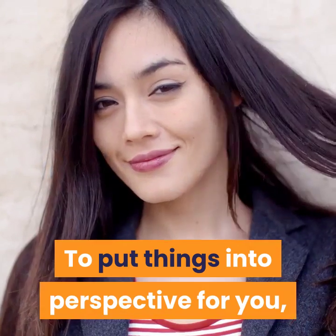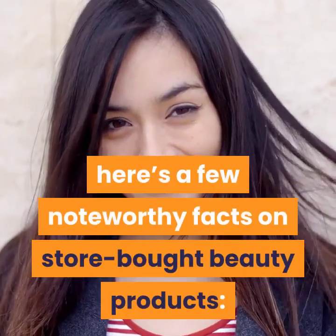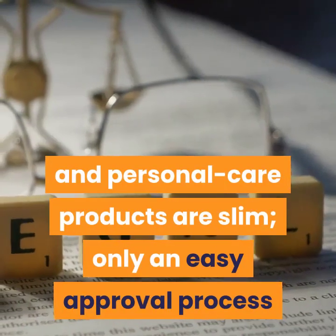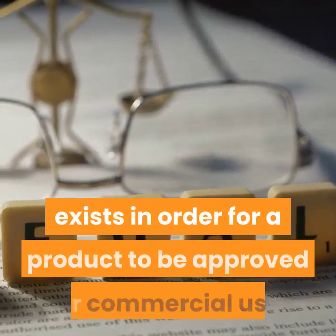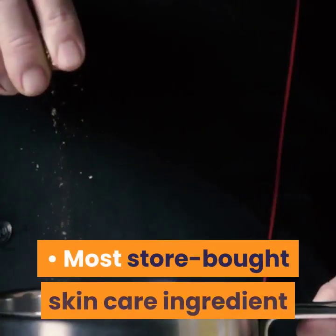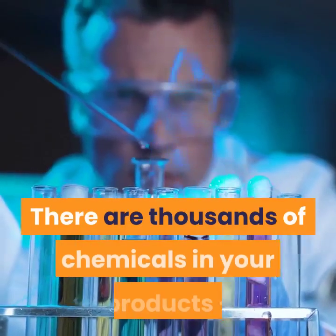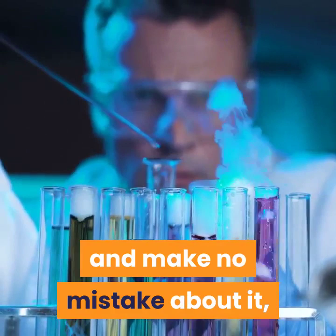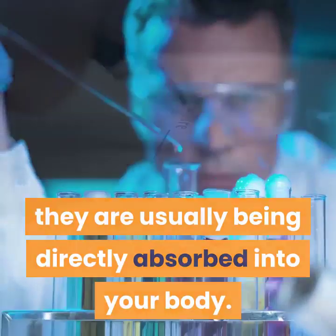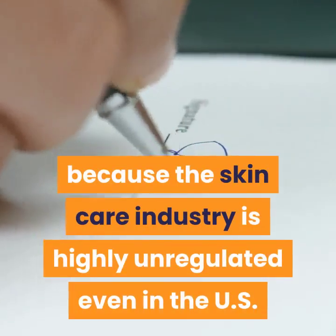To put things into perspective for you, here's a few noteworthy facts on store-bought beauty products. The regulation of cosmetic and personal care products is slim. Only an easy approval process exists in order for a product to be approved for commercial use. Most store-bought skincare ingredient labels can be downright scary. There are thousands of chemicals in your products, and make no mistake about it, they are usually being directly absorbed into your body. There is little government review or approval because the skincare industry is highly unregulated even in